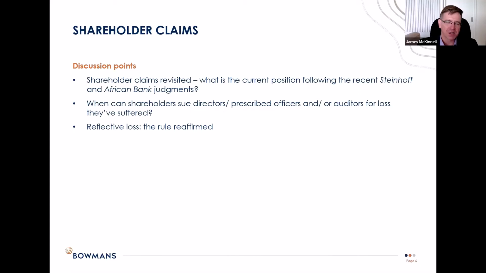So if one just thinks about it and says, well, the company suffered the loss, what exactly is the loss that is suffered by the company? It overstated its assets, so it's alleged. It overstated its income, so it's alleged, and that was compounded obviously through various years. That led to an inflation, some would say a false inflation, of the share price, but those assets were never there. So just looking back at the principle of reflective loss, I'm not sure, if one thinks about it carefully,